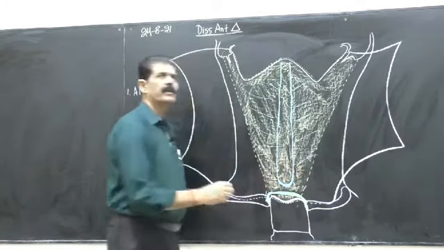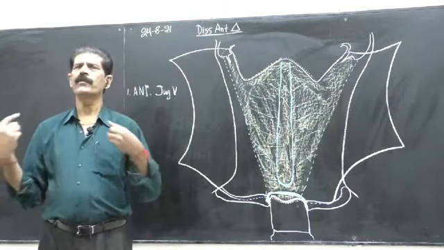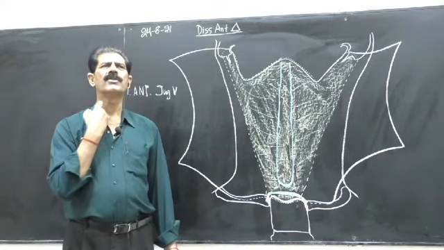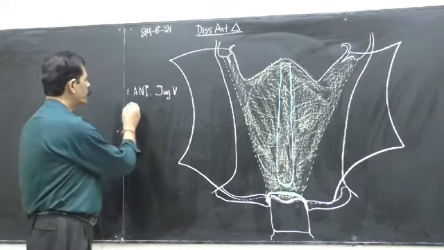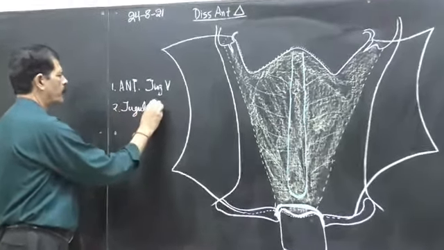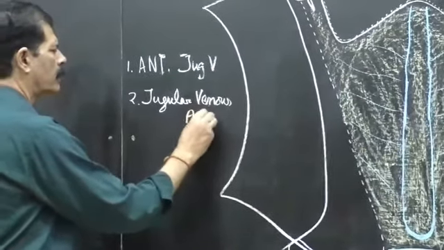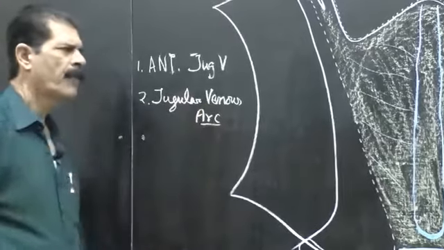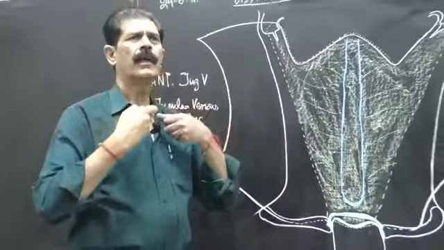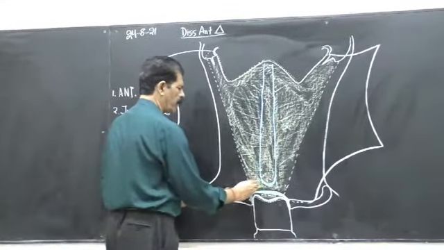So the blood comes together, and this structure, which is so formed by the union of the two anterior jugular veins just 1 inch above the sternal notch here, is called the jugular venous arc. So the arc is formed. So whole of the blood is coming from below, and laterally this jugular venous arc will open into